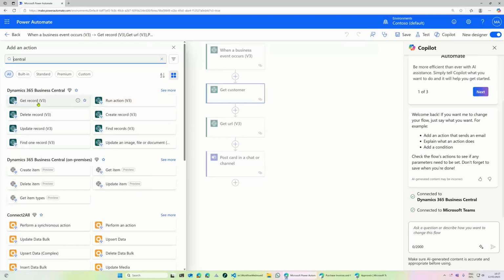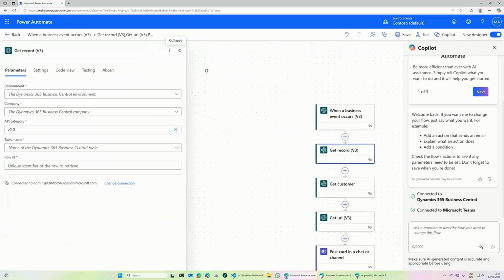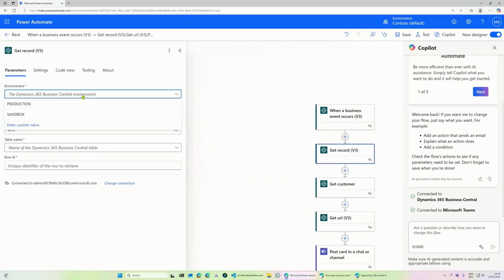So what I want to do here is just get a single record. And here you see that get record is the name of this function, but it doesn't really tell you what you are reading here. While this one here is renamed to get customer, which then makes more sense when you maintain the flow later on. So do not forget to give your Business Central steps, your actions in a flow, a meaningful name. Now let me just go on with this step here. It's going to prove what I mean with the environment and company variables.